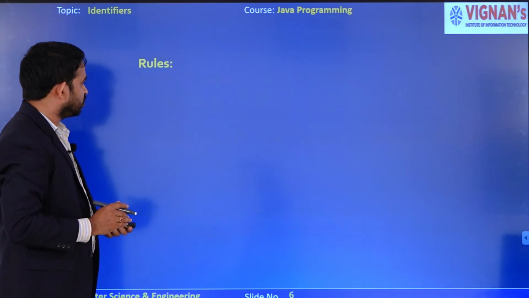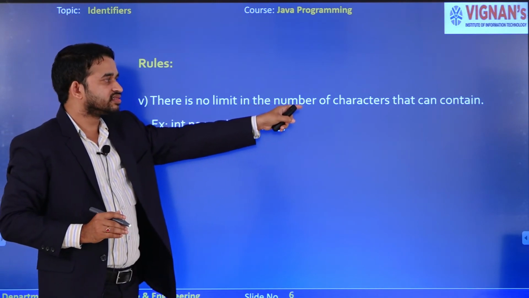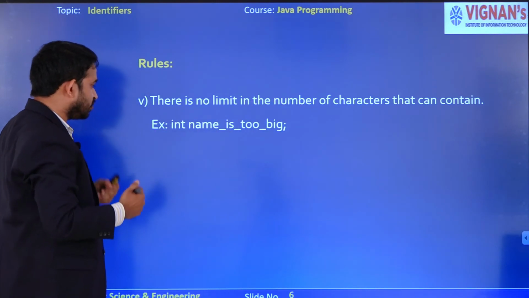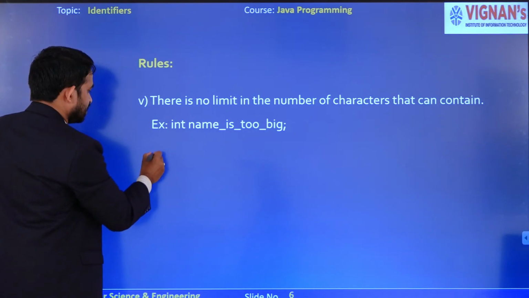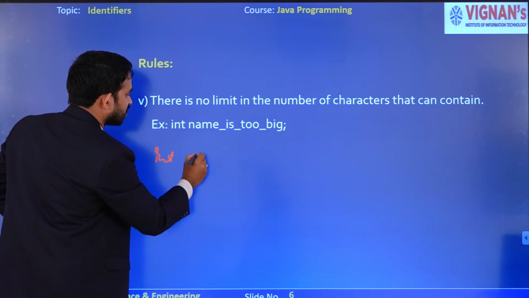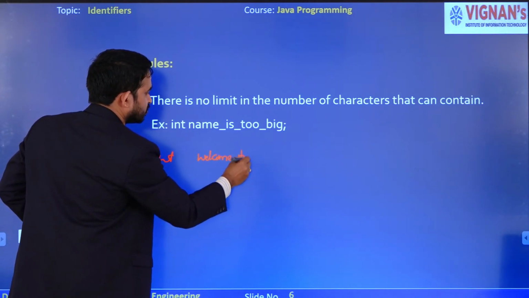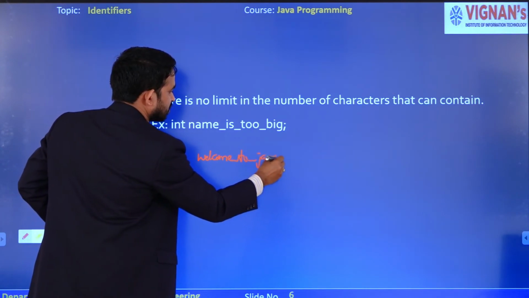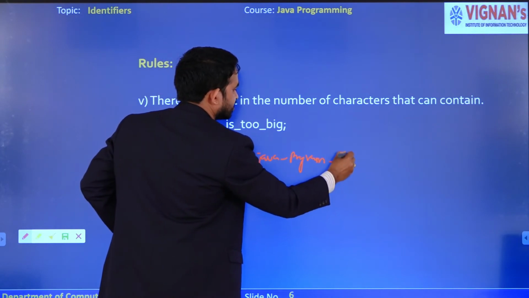The next rule is that there is no limit on the number of characters an identifier can contain. For example, I want to declare a variable as int welcome_to_Java_program_Vizag.